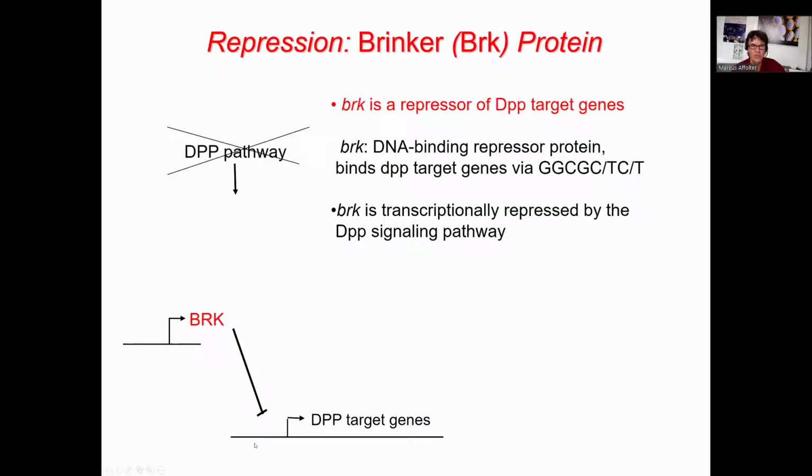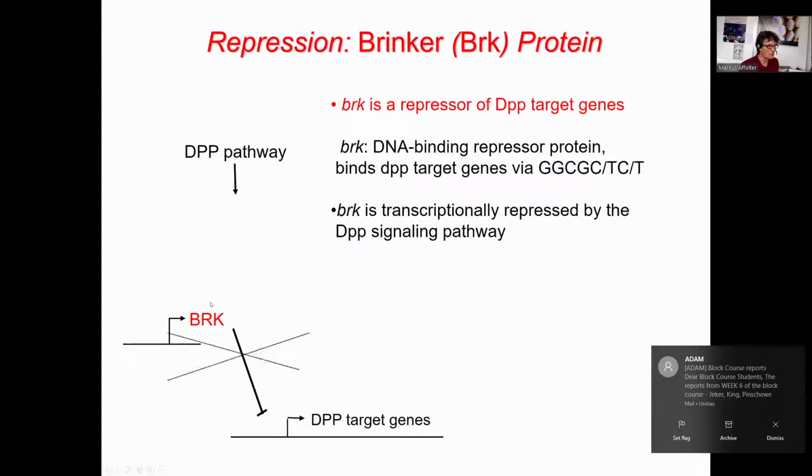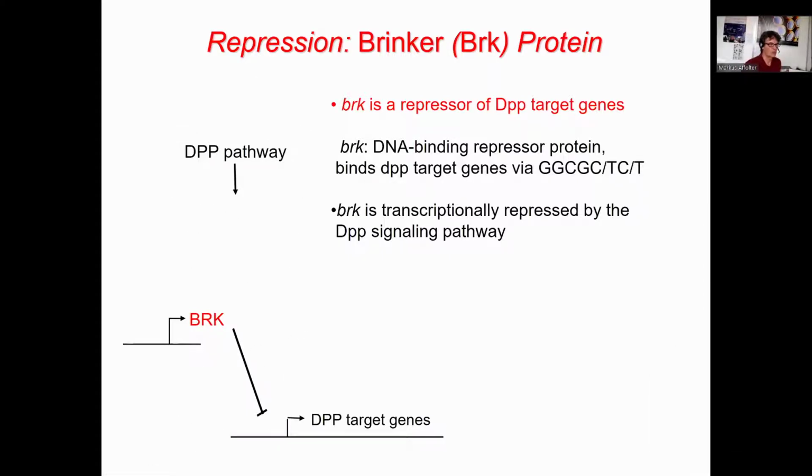So this is a double sure mechanism. You don't have the SMADs, and you make sure that none of these DPP target genes is spuriously activated by these tissue-specific factors, because Brinker binds to it. And the switch comes when the DPP pathway is activated. Brinker has to be removed. Brinker represses otherwise all these genes. So once the DPP pathway is active, Brinker has to be removed. Then it's gone, and then the pathway can activate target genes. That is the model